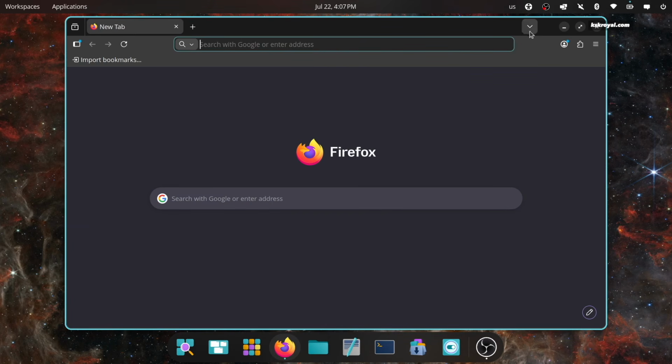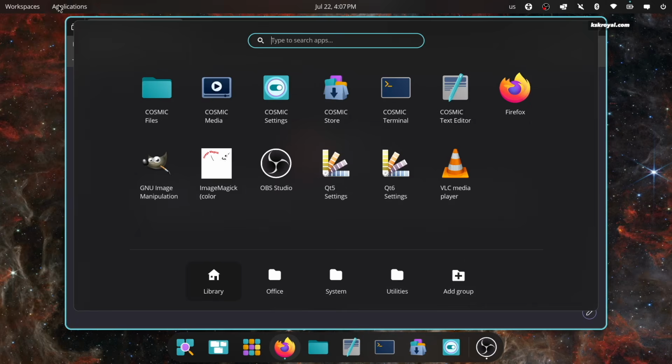And that's pretty much it about the Cosmic Desktop 1.3 and the brand new frosted glass effect on